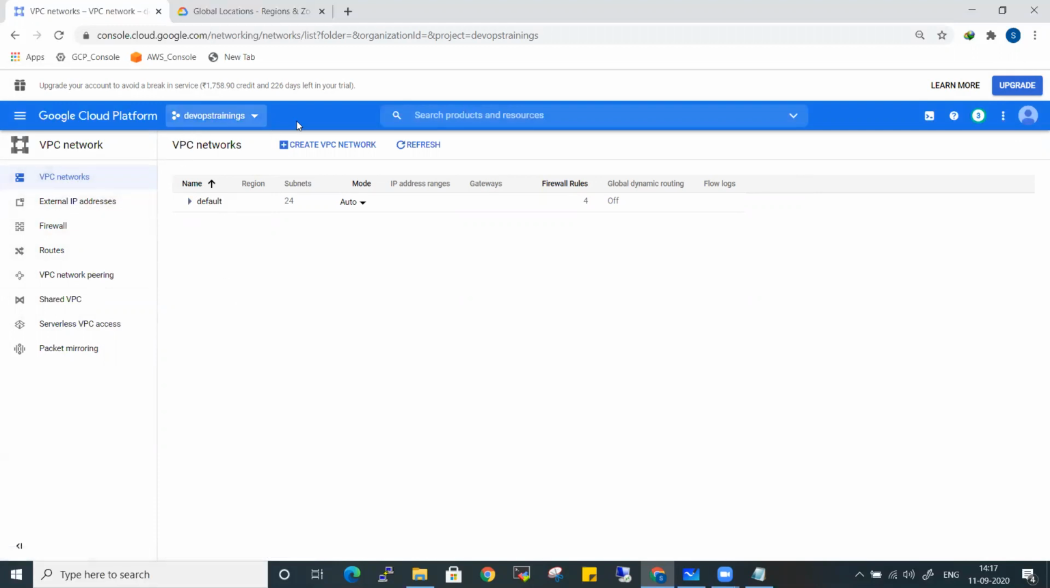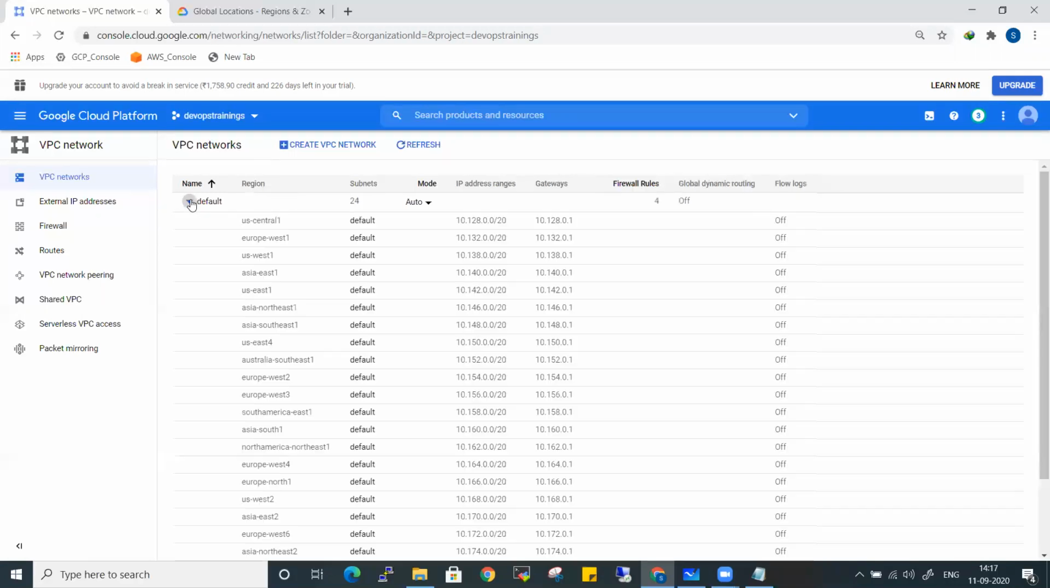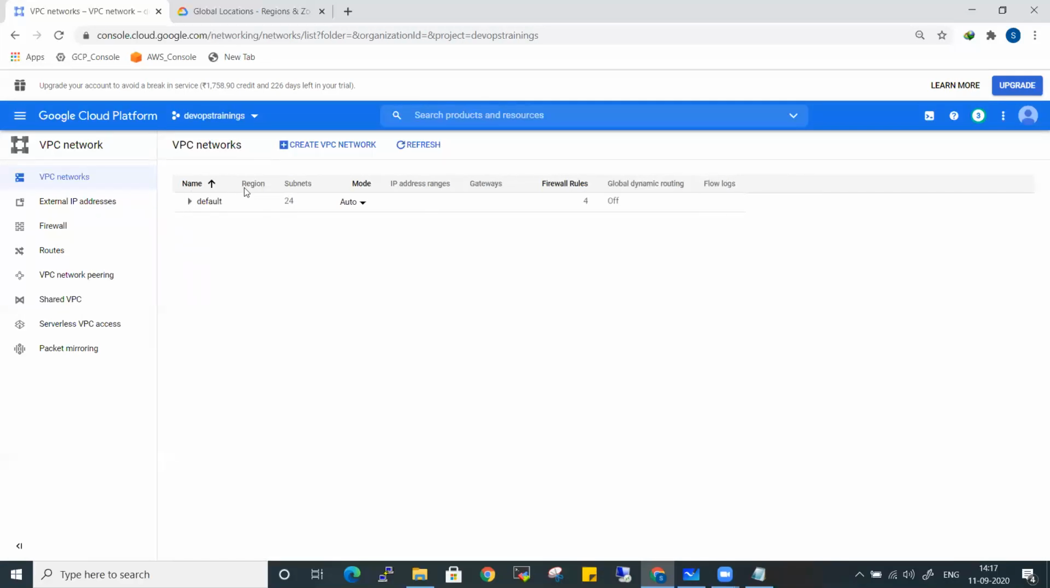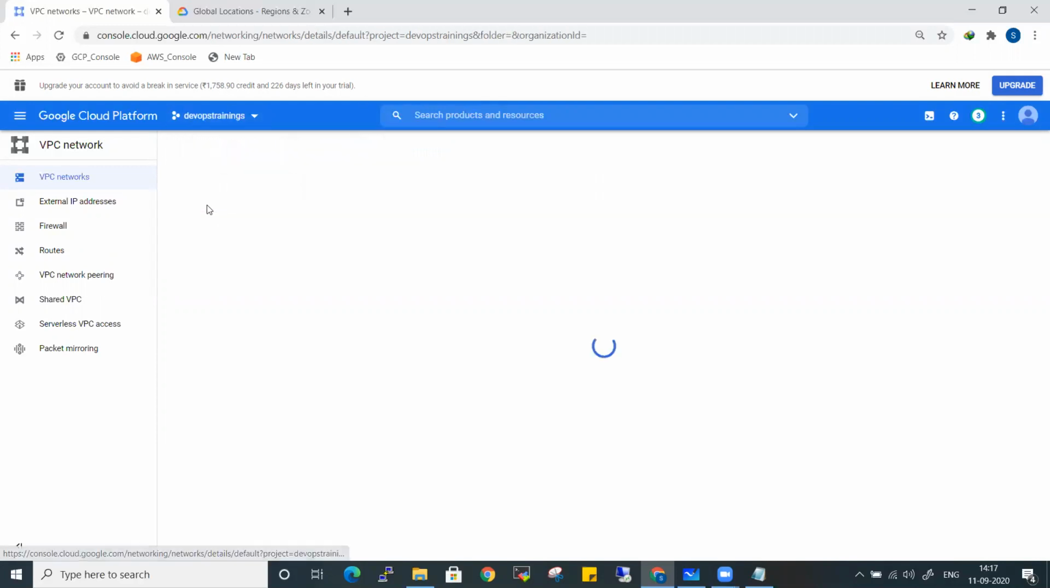Okay, so this was a very new project. So when you create a new project, by default Google creates a network for you by the name default network. Okay, you remember the name default, because it plays a major role. By default Google creates a network by the name default on your specific project. Okay, and if you expand that,